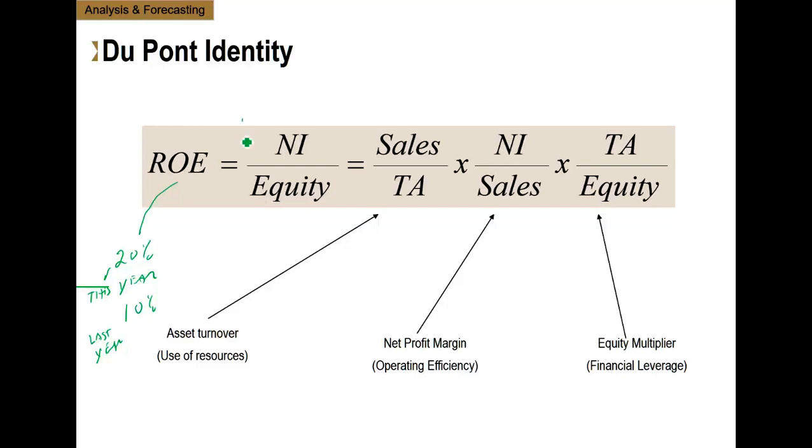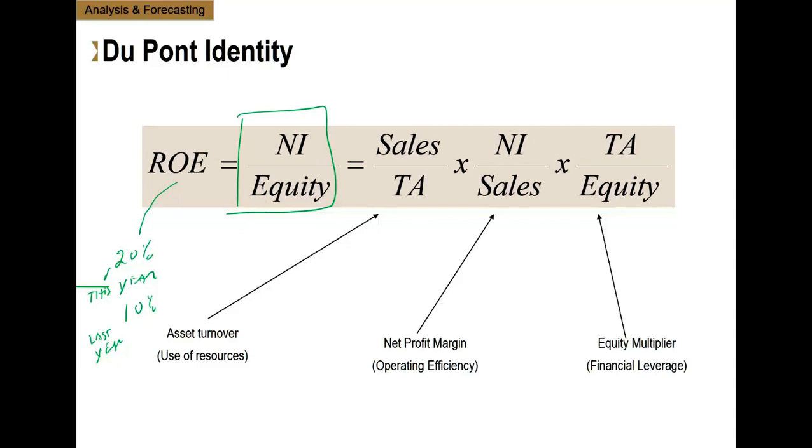And you could argue that, since ROE is net income over equity, it must be that you are generating, suppose, higher net income. That's fine. But what if you want to go further? What if you want to know what were the drivers that actually made you go from 10 to 20% in this period of time? Well, what Dupont allows us to do is to decompose ROE into three different ratios,